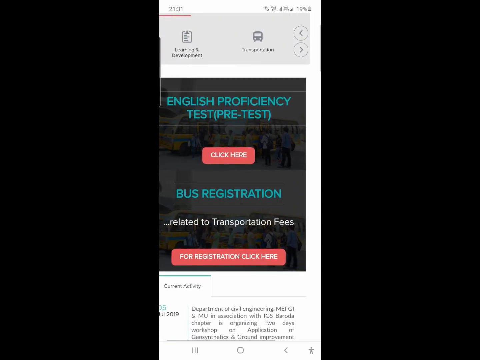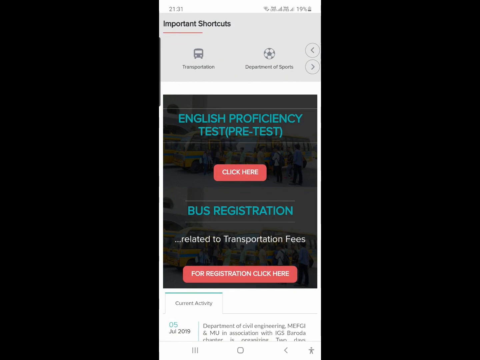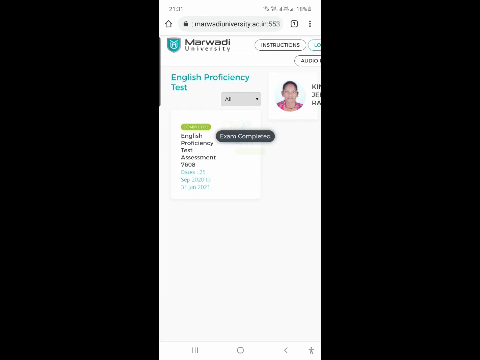Now here on the front page itself, you will find English proficiency test, that is pre-test. You simply need to click on it, the click here button. This is as simple as logging into any other platform, right?